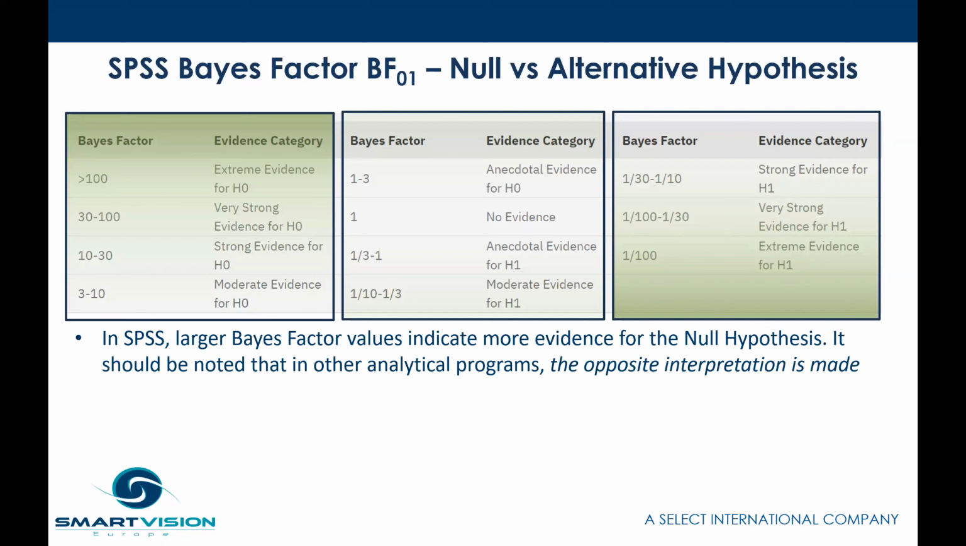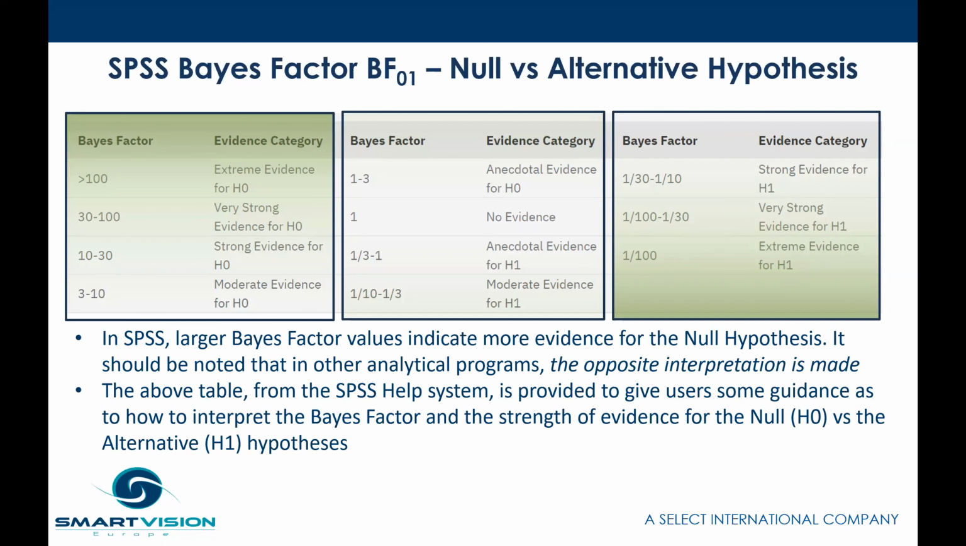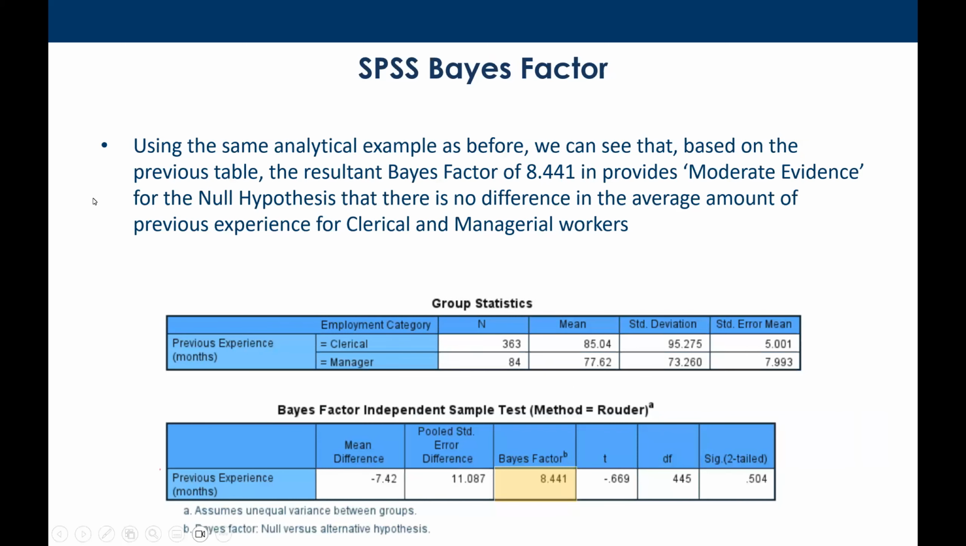It should be noted that in other analytical programs, the opposite interpretation is made. The above table from the SPSS help system is provided to give users some guidance as to how to interpret the Bayes factor and the strength of evidence, null, H0, versus alternative, H1. That's how it's labeled. So here I have an example using a Bayesian t-test. Note that the Bayes factor is 8.441. It provides moderate evidence for the null hypothesis that there's no difference in the average amount of previous experience for